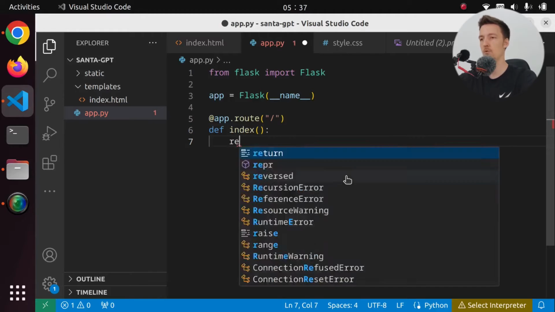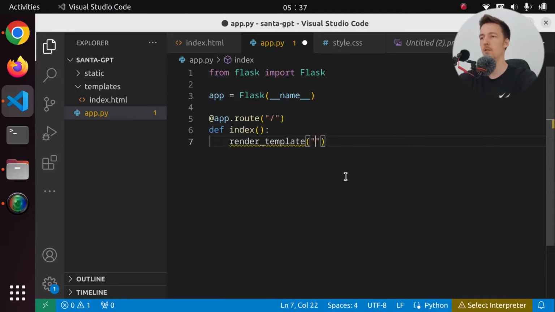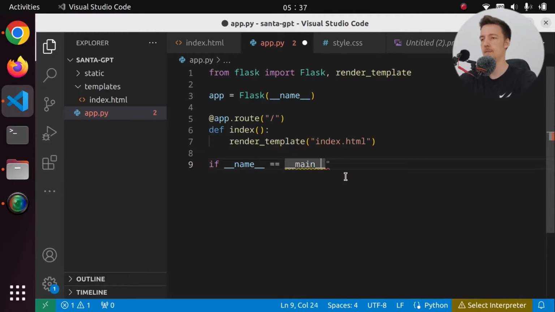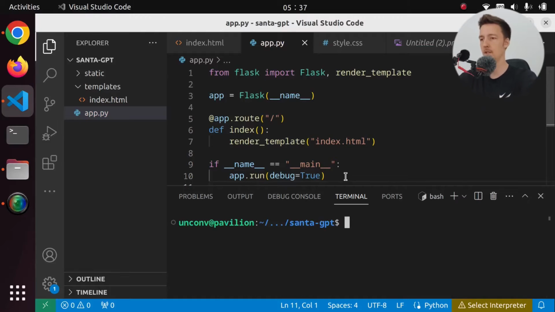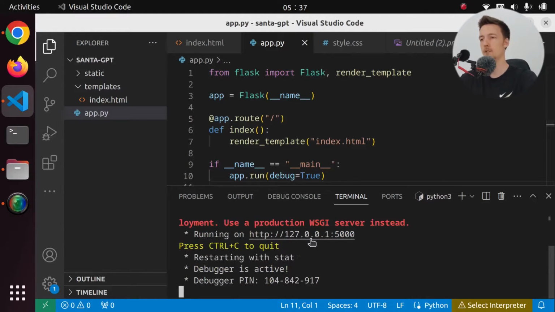And this will just render template called index.html. And we have to import render_template. And we have to do if name equals main. I guess like this. Then we are going to app.run. And debug is true. So now if we run this thing, python3 app.py, then we should have a server running,